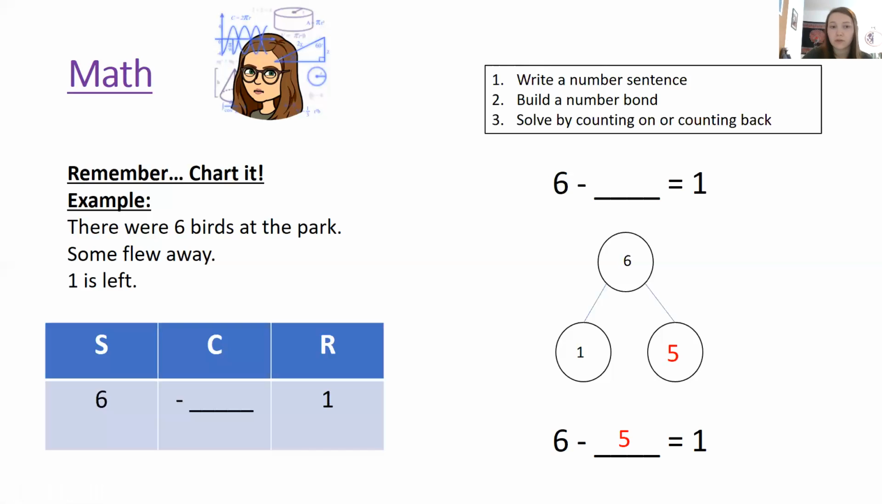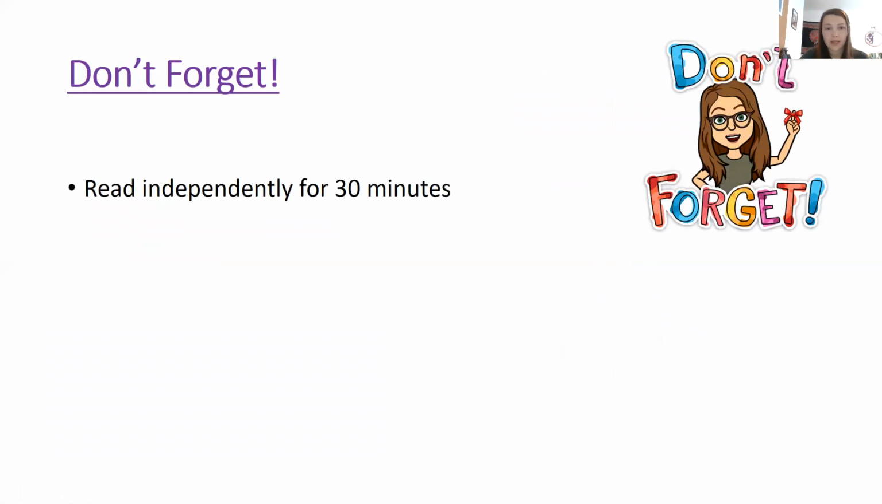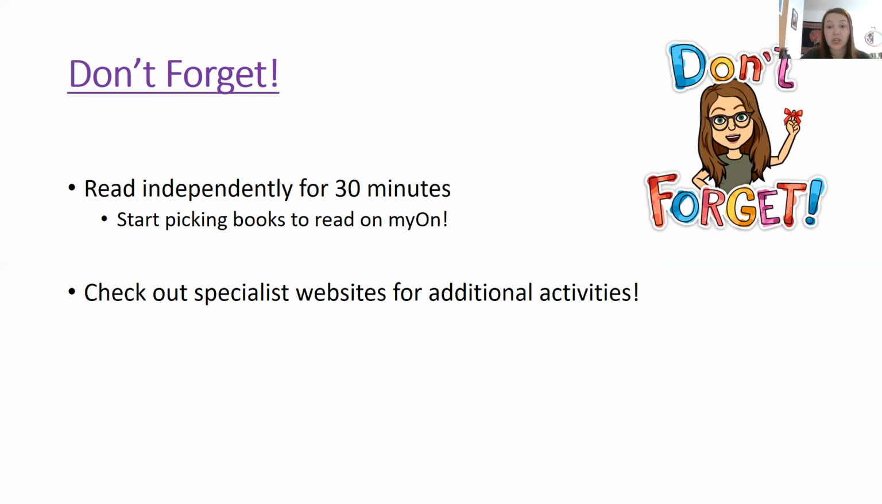And as always, don't forget to make sure you read independently for 30 minutes in books or on Mayan. Check out our specialist websites for additional activities, and we have a Zoom today at 1 o'clock,